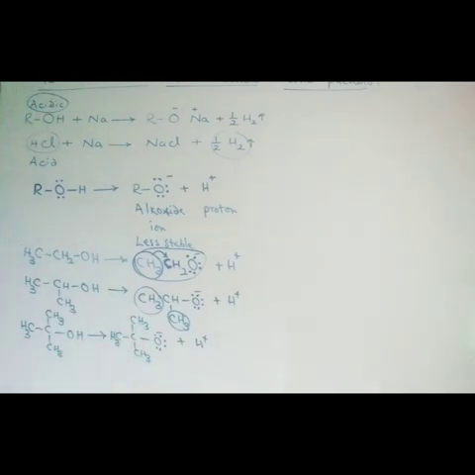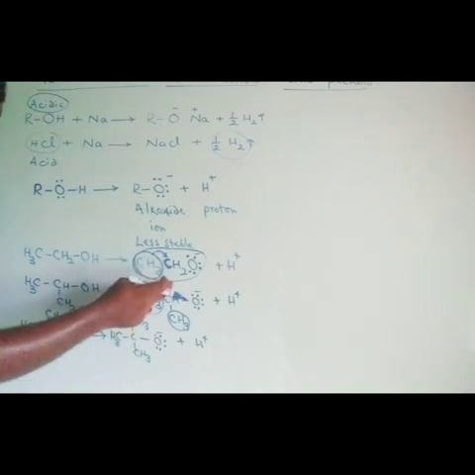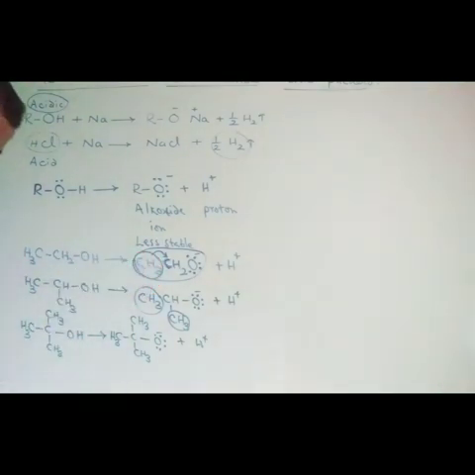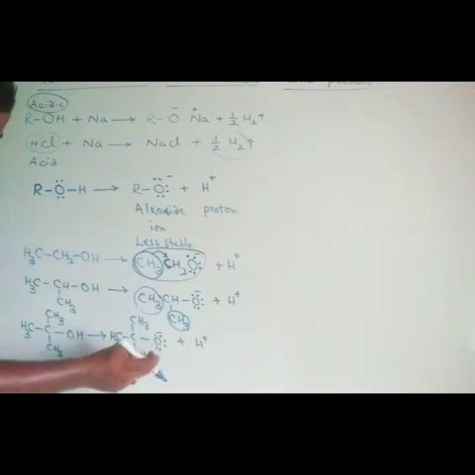So wherever there is a possibility of decreasing the electron density of oxygen, that kind of alkoxide ion will be more stable. Among these three, the primary alkoxide ion will have relatively less electron density. Fewer alkyl groups are present on the primary alkoxide ion. The secondary alkoxide ion has more alkyl groups, so more electron density will be present there. And in the case of the tertiary alkoxide ion, the electron density on oxygen will be more. So this is highly unstable.